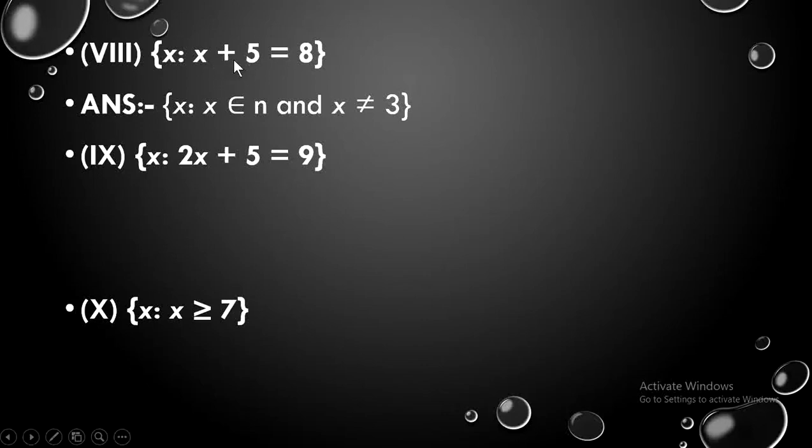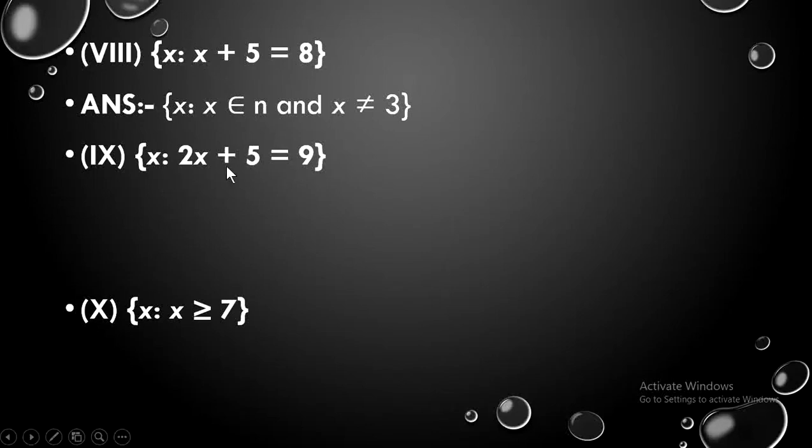Now we need to find the complement of this set which contains one element, that is 3. So when you do natural numbers minus 3, the leftover elements, except for 3, will be your complement of this set. So we'll write this in set builder form itself, that is x is such that x belongs to natural numbers, okay, and x is not equal to 3. Now here N should be capital, okay, wherever we represent natural numbers, N should be capital. So x should not be equal to 3. So excluding 3, all the elements of natural numbers will come. So that is the complement of this set.